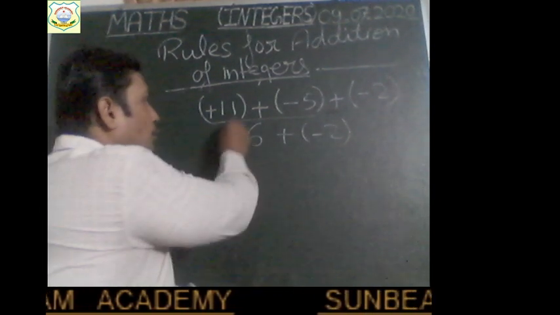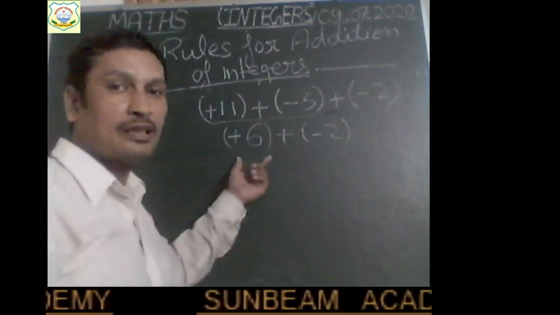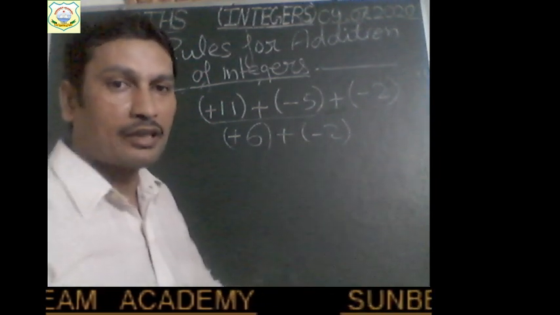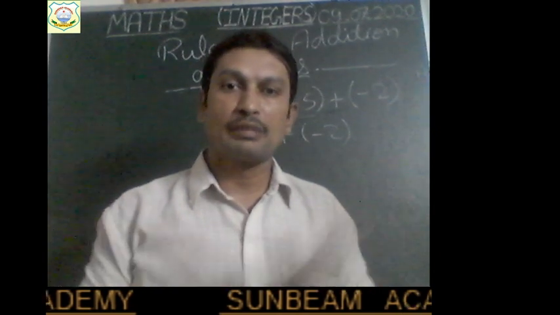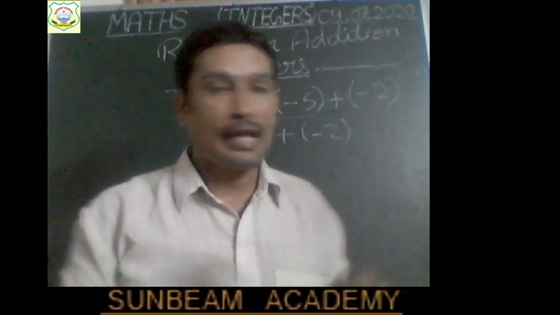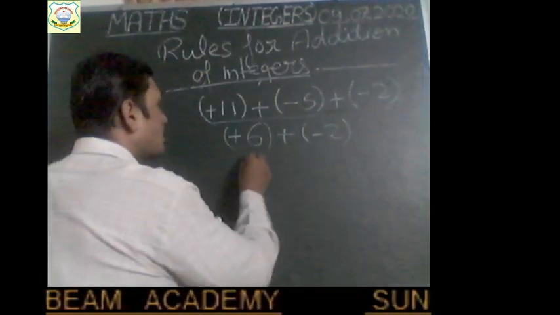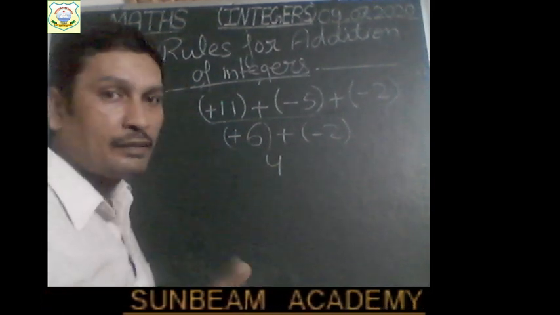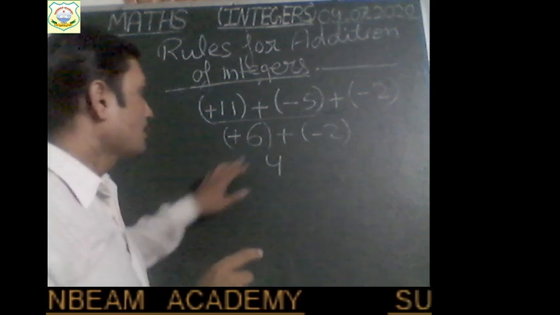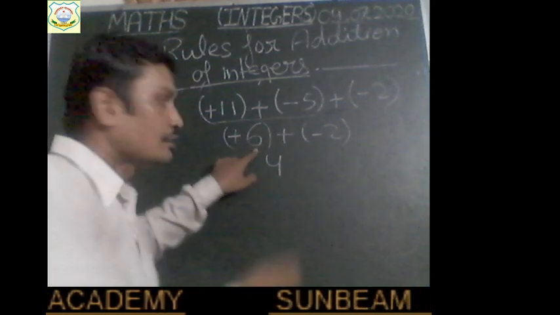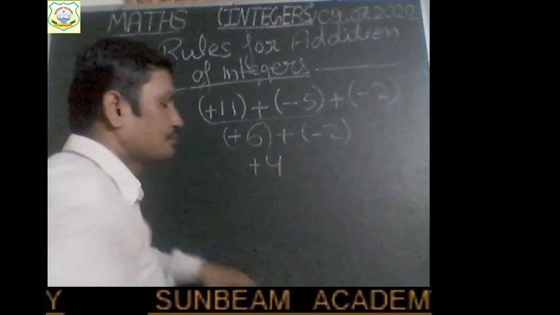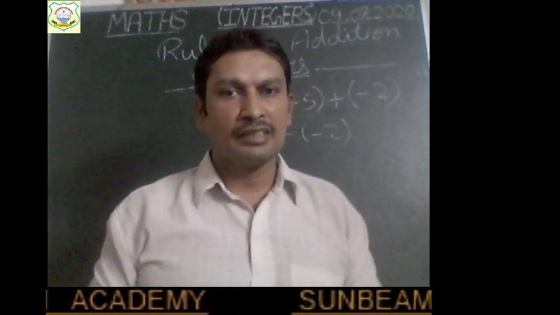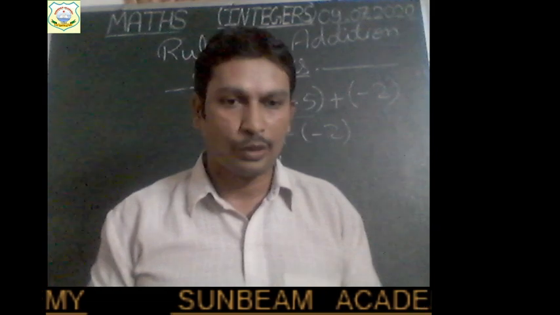They have opposite signs. This is a positive integer, this is a negative integer. So you will subtract. When signs are opposite, we have to subtract. When signs are the same, we have to add. So here subtract. 6 minus 2 will give 4. And which sign, children? Plus sign or minus sign? Here positivity is higher, so you will put a plus sign. I think it is clear to you. We will discuss it in detail in the exercise also.